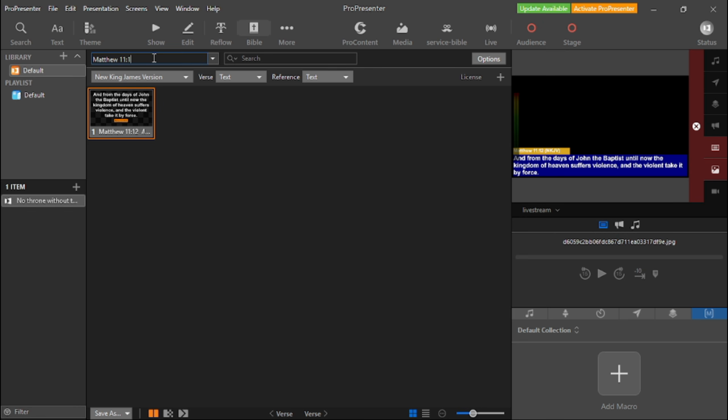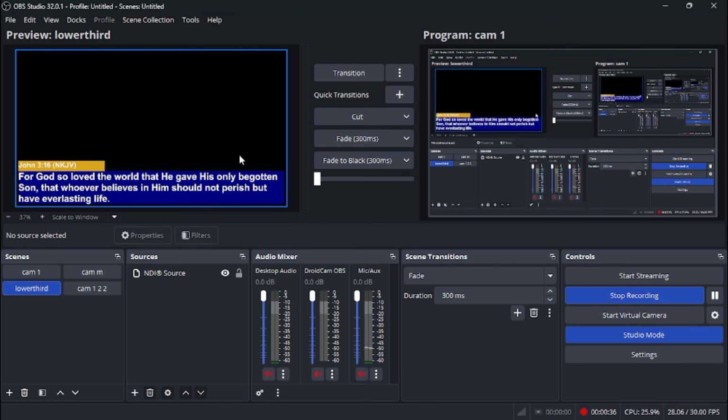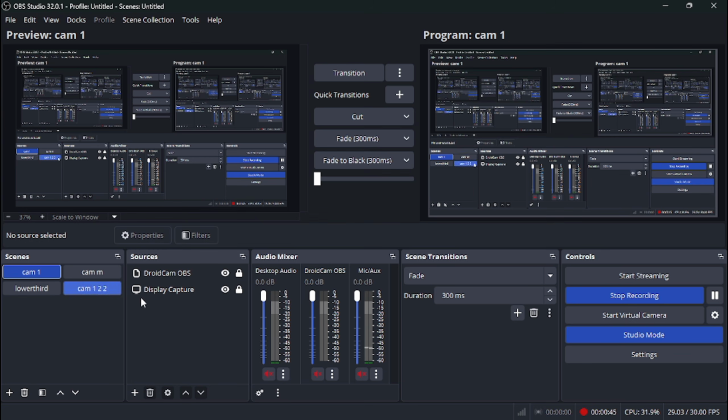And let's say Matthew 11:13, and I press enter, and let's show Matthew 11:13. You can see it scales the text just like we set it in the theme editor. And let's say John 3:16. John 3:16, you see it scales the text down also to reduce the text, just to make it fit into the text box. And if you come to OBS right here in OBS, you can see now you have a